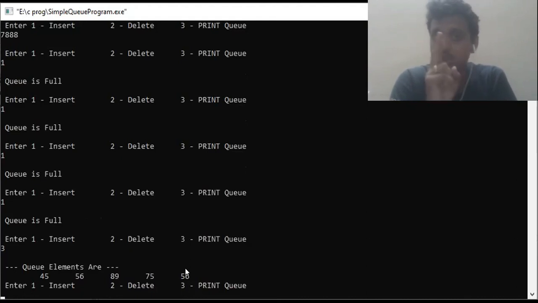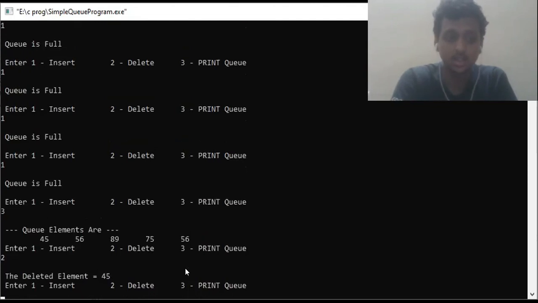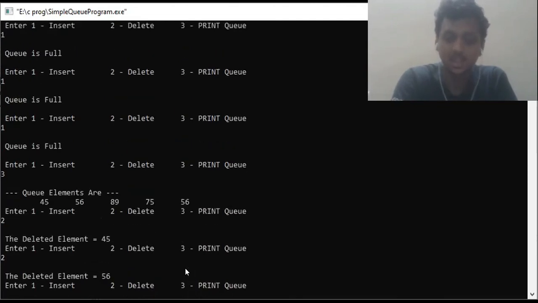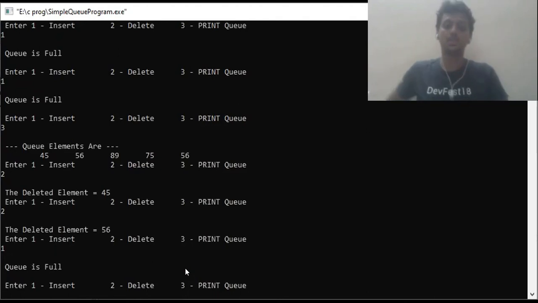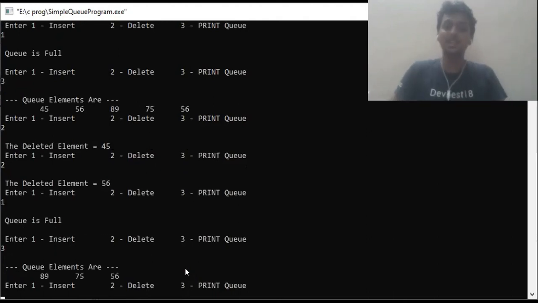Students, I am going to delete 2 elements and then again try to insert. Got it? Delete, delete. Then try to insert. It shows Q is full. See, I have already deleted 2 elements. Only 3 elements are there in Q of size 5. Still, I am not able to insert anything just because